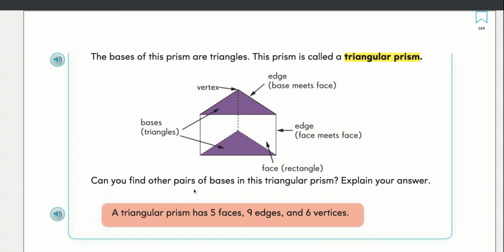It says here, can you find other pairs of bases in this triangular prism? Explain your answer. So you could flip it on its side and have a rectangular base, but when it's on this side, it has triangular bases. So a triangular prism has 5 faces, 9 edges, and 6 vertices. So the faces are the 2 triangles and the 3 rectangles. The edges are these lines where the sides meet each other. And the vertices are the corners where the sides